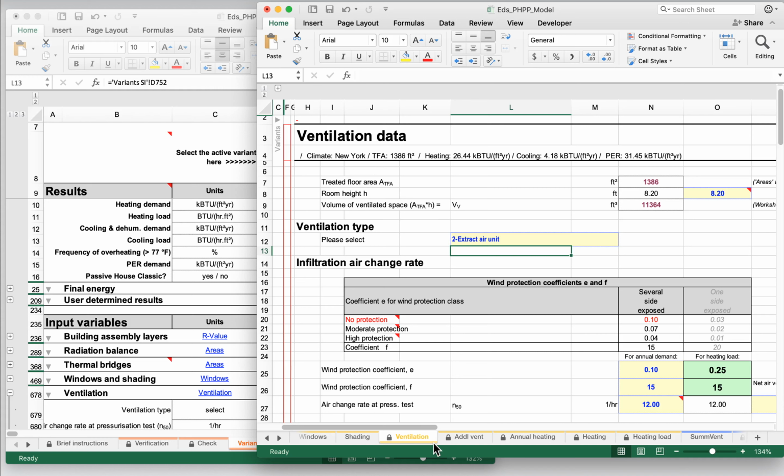So I'm in my ventilation worksheet here, and as you've seen before, we are currently controlling our ventilation type and our tested ACH all from the variance worksheet. And that's fine. We have these cells linked directly back to the variance worksheet. We had to set up that link, and that's all fine. But the ventilation worksheet and many other worksheets in the PHPP have some presets that allow us to work with